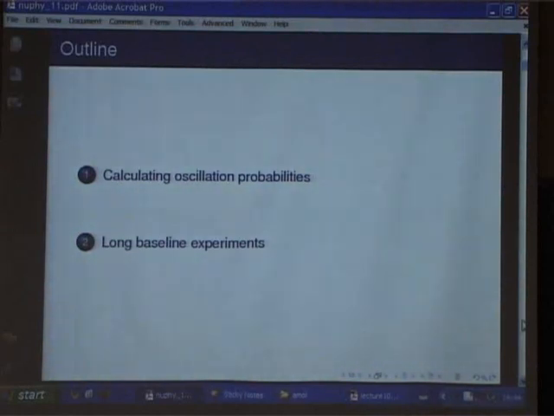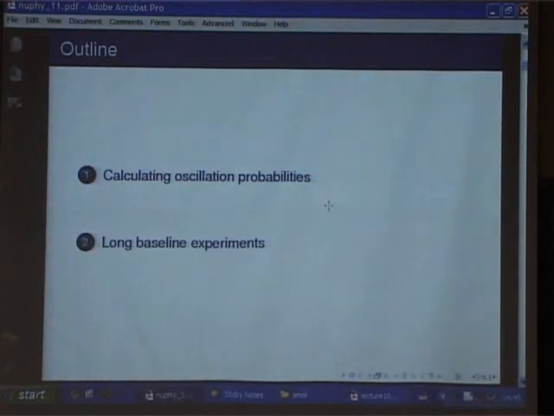If you want to calculate any survival probability of muon neutrinos, in the future it mostly belongs to these so-called long baseline experiments. You start at one point, you go maybe 5,000 kilometers away, and then you just pass through the Earth and find what happens in the region. So for all the new big experiments, it's essential that you travel through the Earth. And therefore it's essential that we see how to calculate probabilities when neutrinos pass through densities like that of the Earth. So this is a technique that